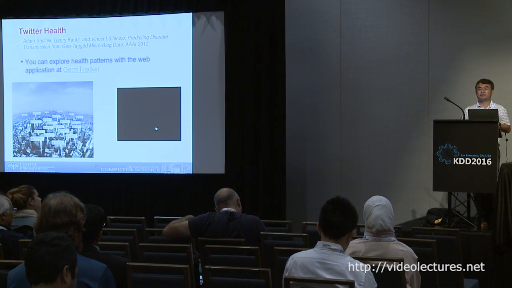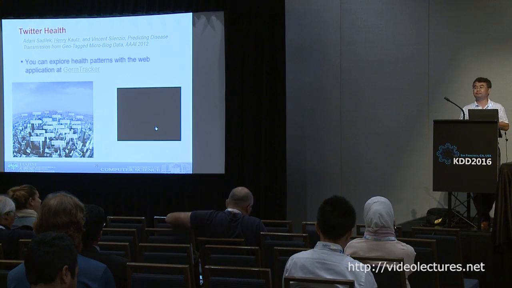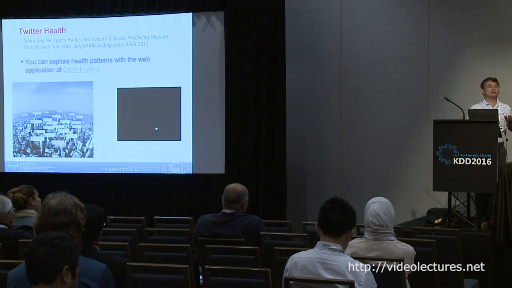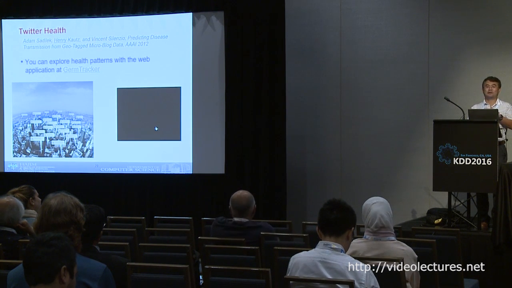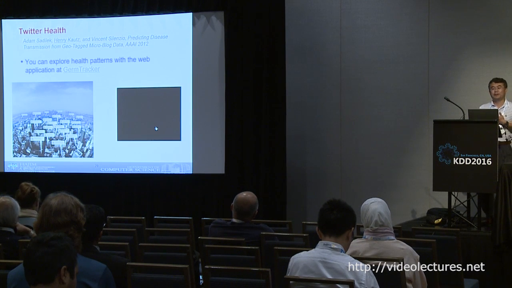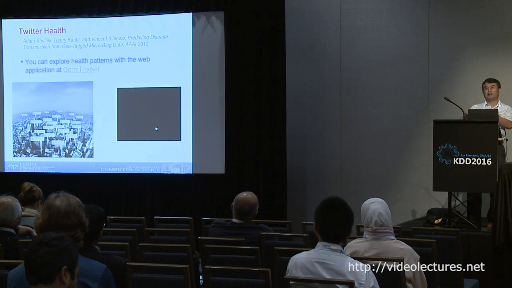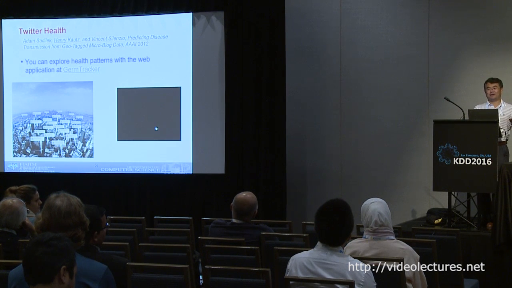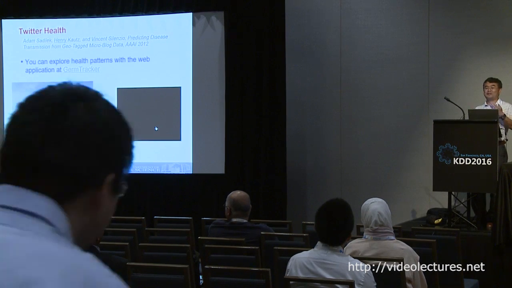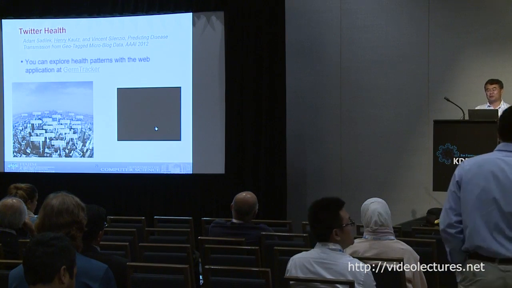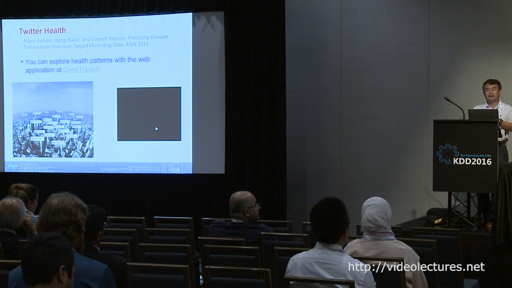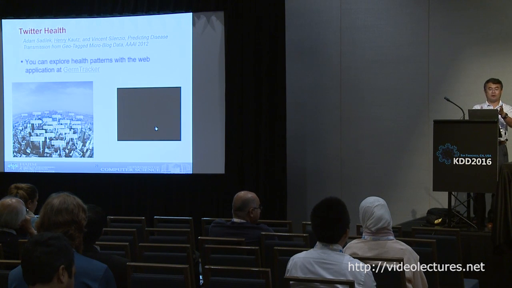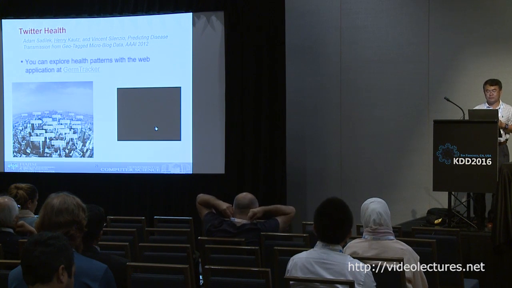It's about using tweets to monitor food poisoning. They use the same approach. Basically, they can determine what kind of tweets indicate that this user had food poisoning symptoms, and then they can relate that back to what restaurant they had their food. This was so successful that the city of Las Vegas is using this to monitor all the casinos for food quality and food poisoning. This whole effort is what they call Twitter health.